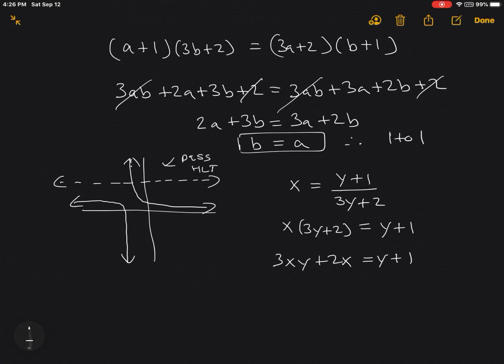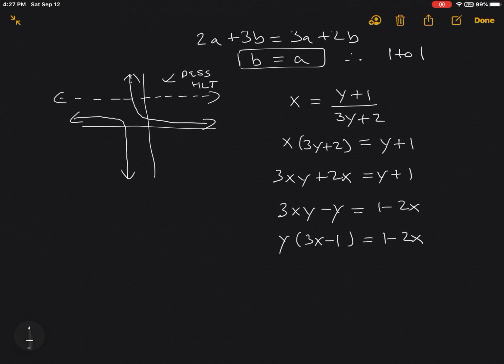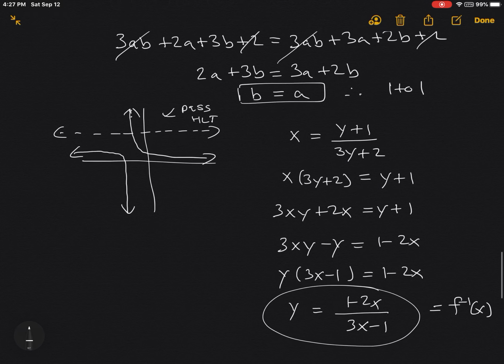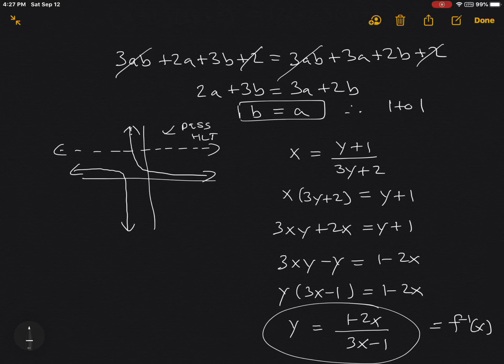Again, distribute. You're going to get 3xy plus 2x is equal to y plus 1. To get y by itself, I'm going to move the y over, and I have 1 minus 2x. Between these two terms, I could factor out the y. I'm going to get y times 3x minus 1 is equal to 1 minus 2x. And I can divide by that factor. Y is equal to 1 minus 2x over 3x minus 1. This is my f inverse. Okay, so hopefully you got a chance to see what I did over here, both algebraically